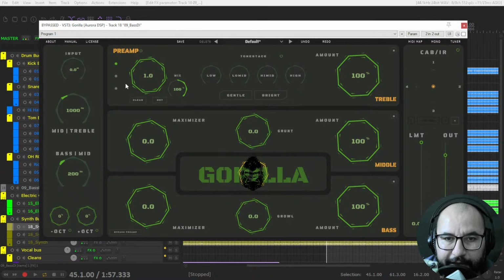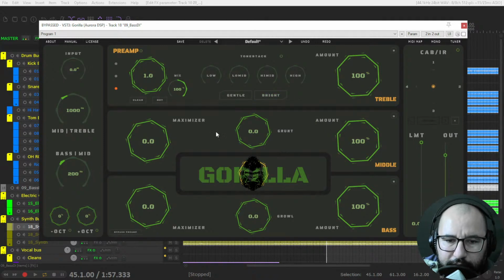Fender, also an Ampeg is here. So the green, it's cleaner, then a bit more distorted the more you go on here. This preamp, you also have clean and drive, hot to add a boost in the signal. You have here also the tone stack. You have lows, low mids, high mids and highs, and the amount of this. You can turn off the tone stack like that, add some gentle processing and a bit brighter coloration to the